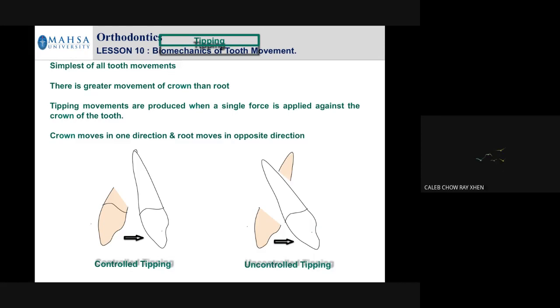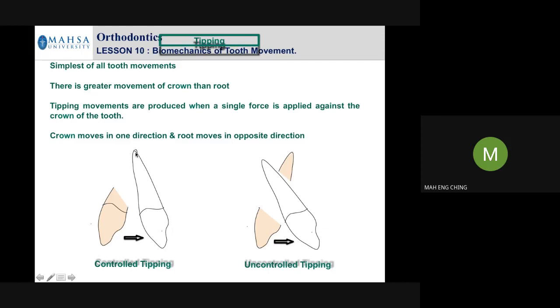I don't think so. Okay. So it's all about anchorage. If you want to move something to the left or right, you need something to hold it back. That's what we call anchorage. So in order to move the crown back, you need to hold this tip in order to prevent it from moving. So you see this tip,